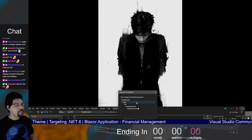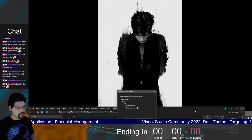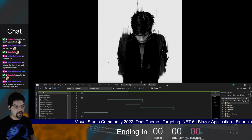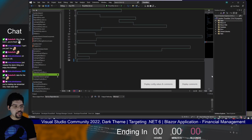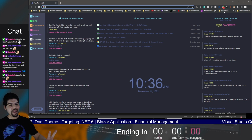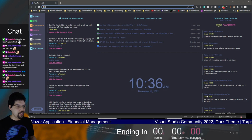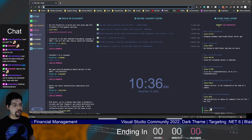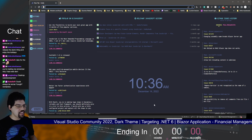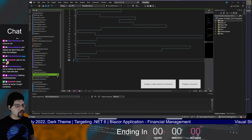But anyway, the two approaches are what Visual Studio just did here, which is it'll move it into the display that you're on. But remember, this is desktop development. It's a desktop application that uses Blazor for the UI, which is fun. And even if we had a WPF app, we still would need to make the screen reader work. So anyway, what Visual Studio does is it shifts the dialog box onto the display